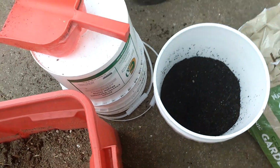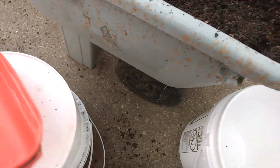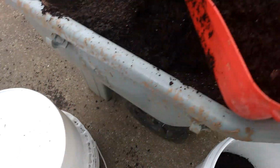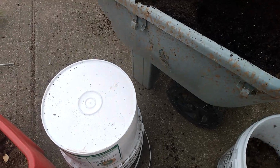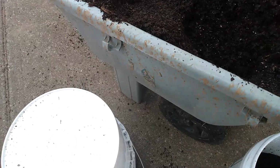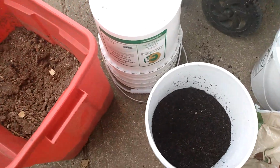I'm going to do the same thing to the other bucket. Add a little of the manure. And then mix that all up. Add a little more soil to it. And then I'm going to place 2 seed potatoes in each of these buckets with the eye